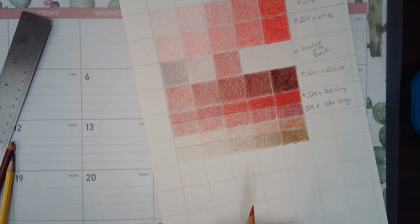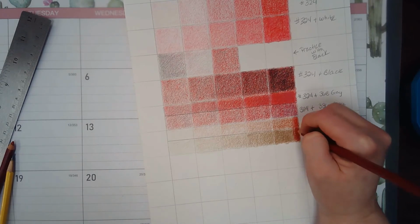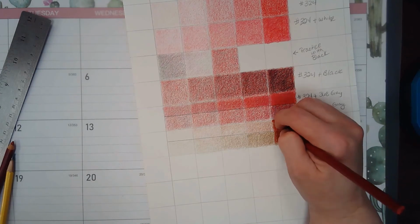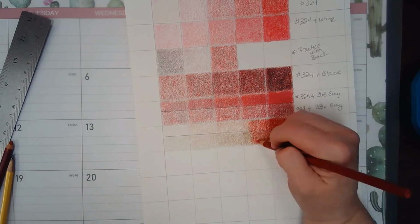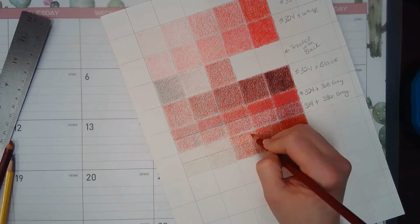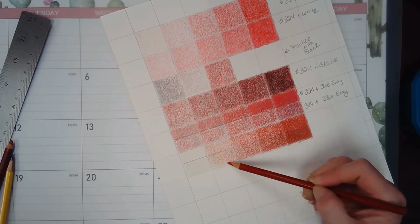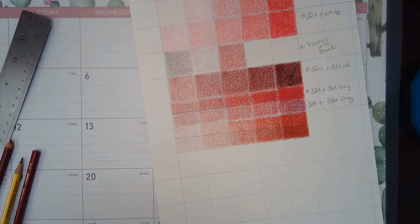So now that I have my two browns down, I'm now going to come back over top of them with my 324 red. So now that I've finished applying my red over top, you can definitely see the difference between the two browns underneath. So realize, as you build layers with colored pencils,